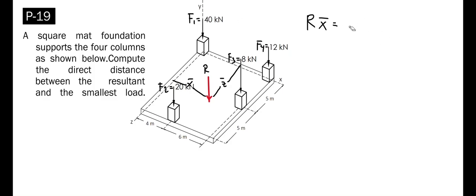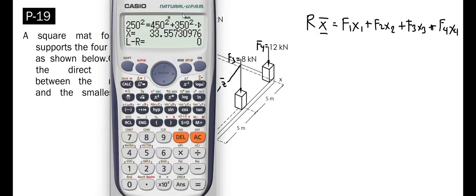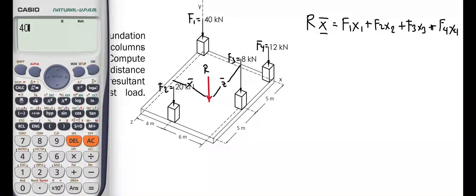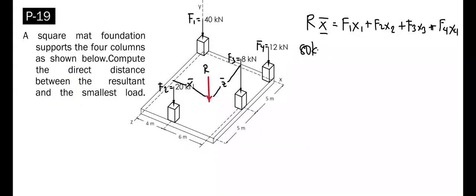that is F1 times X1 plus F2 times X2, and so on. We can solve for the distance, that is bar X. So for the resultant, that is just the summation of all forces, that is 40 plus 12 plus 8 plus 20. There is a value of 80 kilonewtons times bar X equal to F1 of 40 kilonewtons,